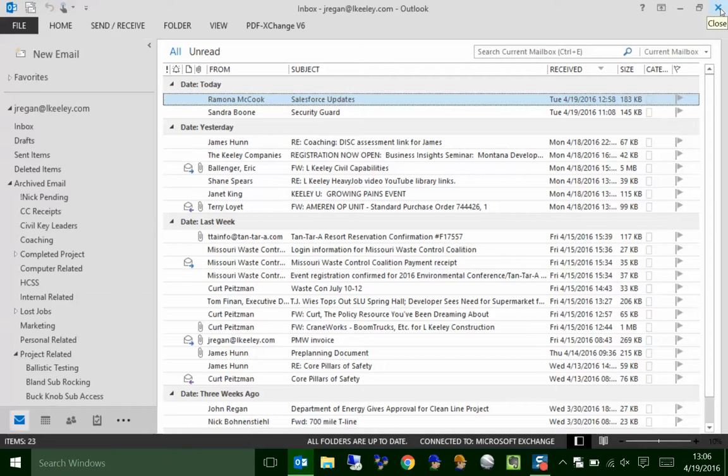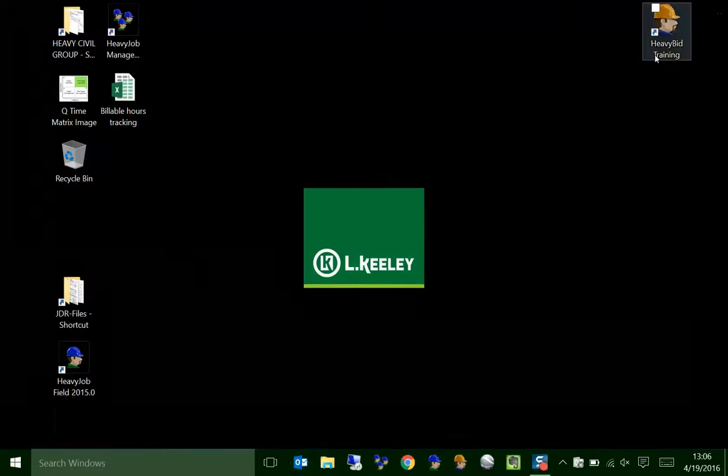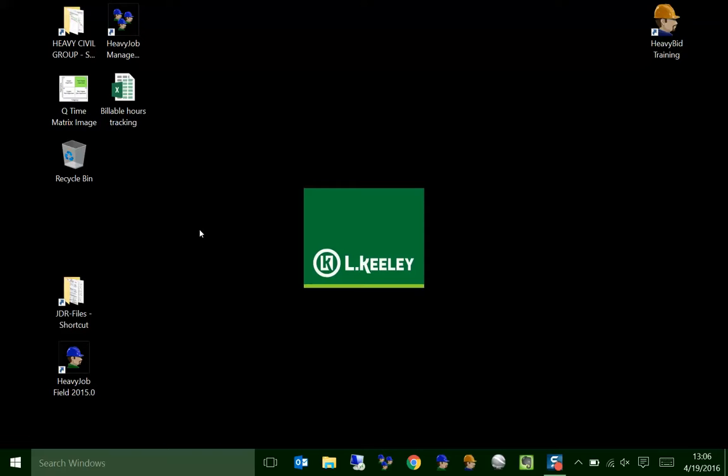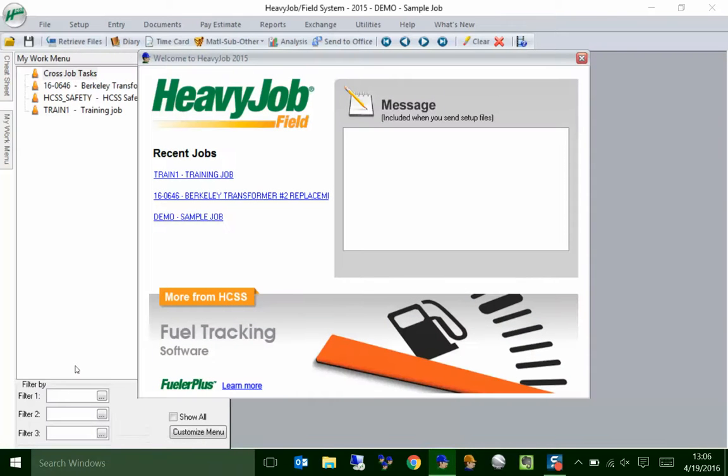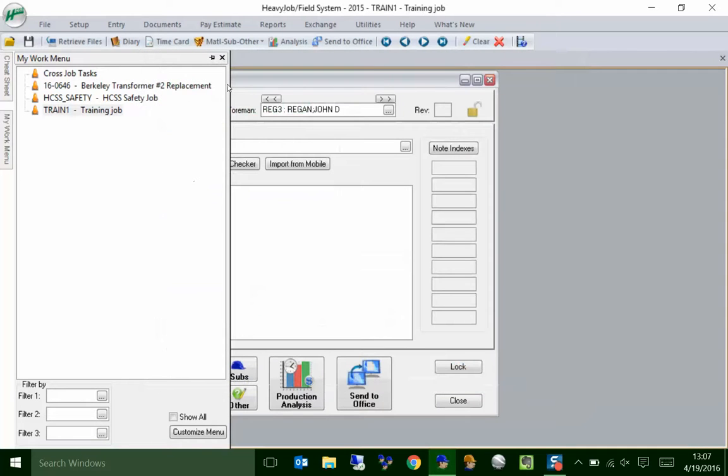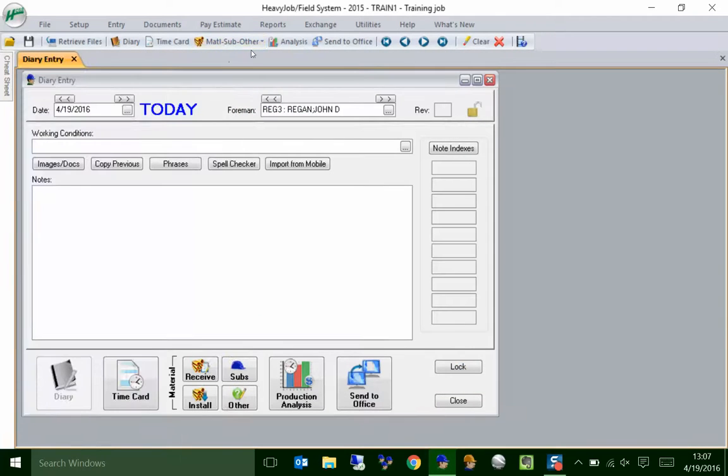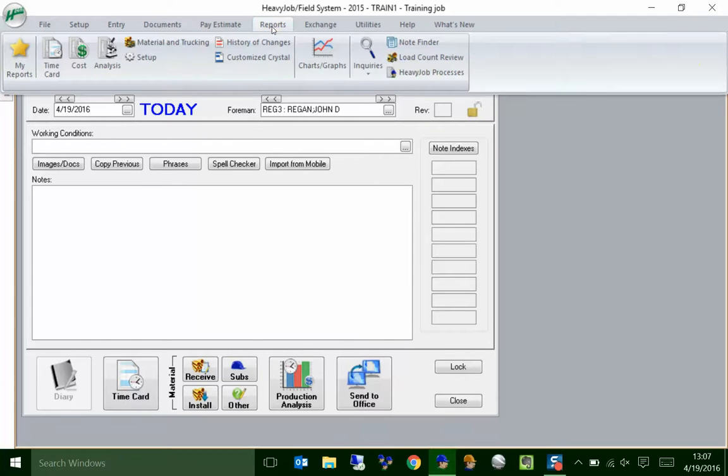We'll get her all set up, and now we're going to look at Heavy Job. The first thing we're going to do is obviously launch our Heavy Job program, and once we get it up and running, you're going to open the job that you're interested in. Again, I'm going to open a training job so I don't miss anybody's good jobs up here. Once you get the job open, you're going to come up here to Reports, up at the top, and then go to My Reports,